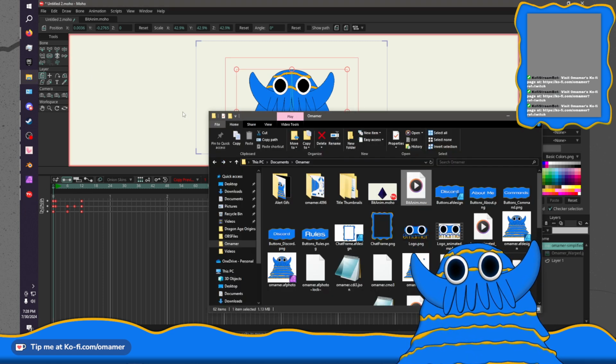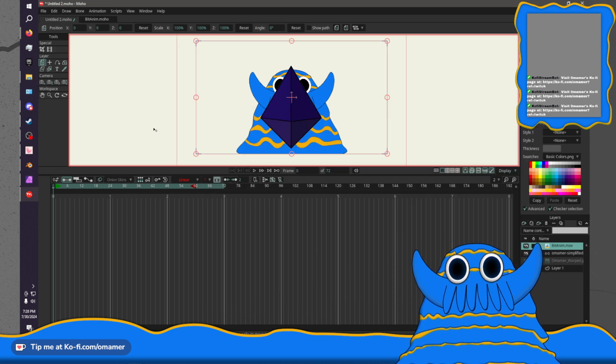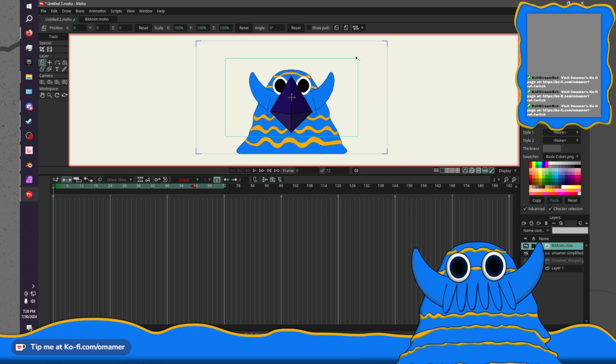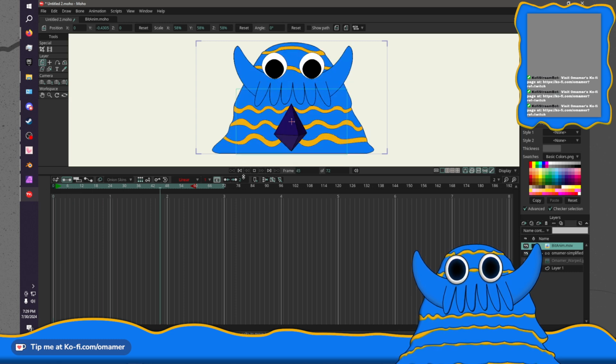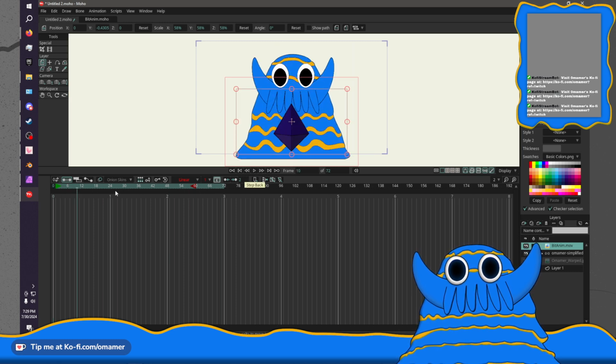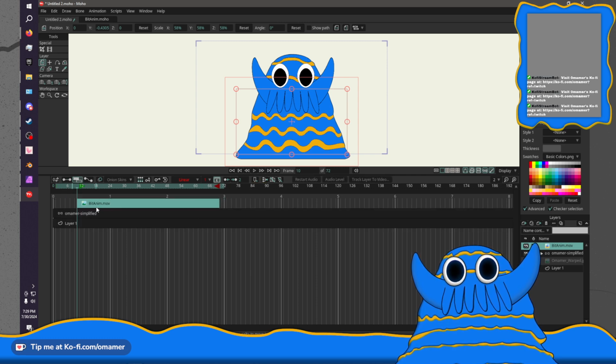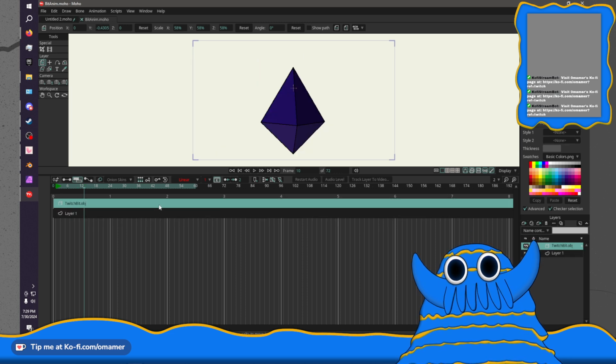Gotta remember to import on frame 0. Now let's put this in position. Actually, we do want this to start here, kinda. Oh, I messed up.